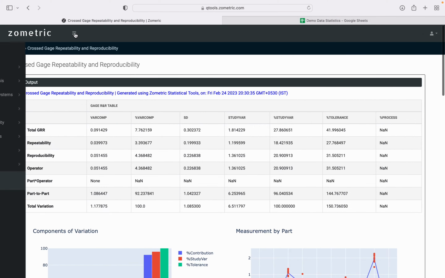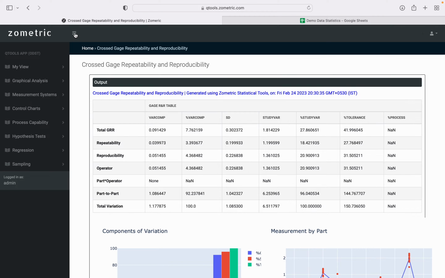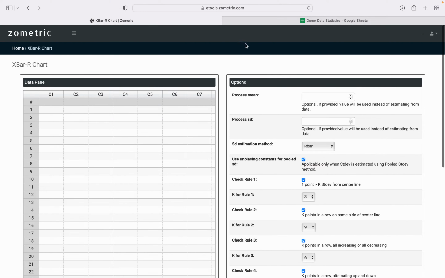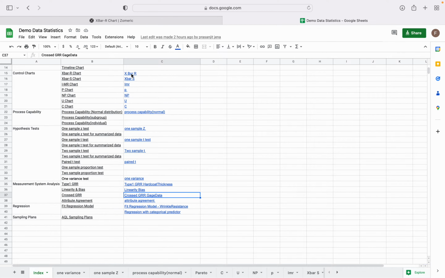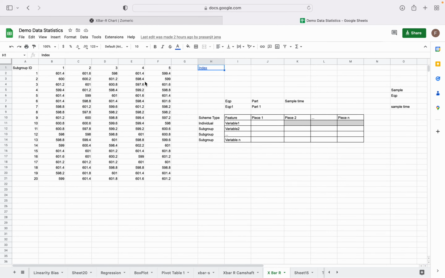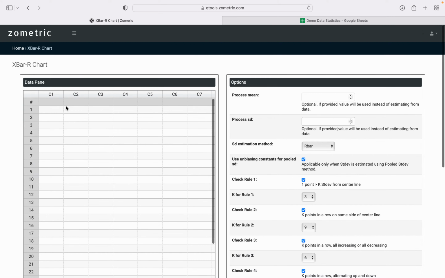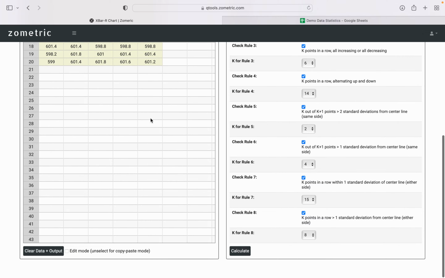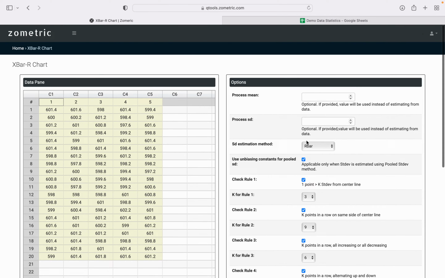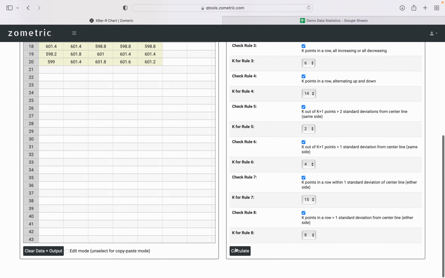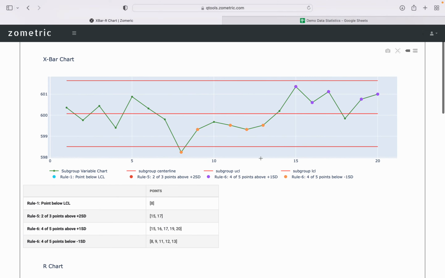If I want to do my next analysis, I can access the shortcut. Let us say I want to do a control chart analysis X bar R. I come here, go to my data set, copy my data, paste it here. Some of the options are already selected and everything else was optional, so I just say calculate. I got my control chart,